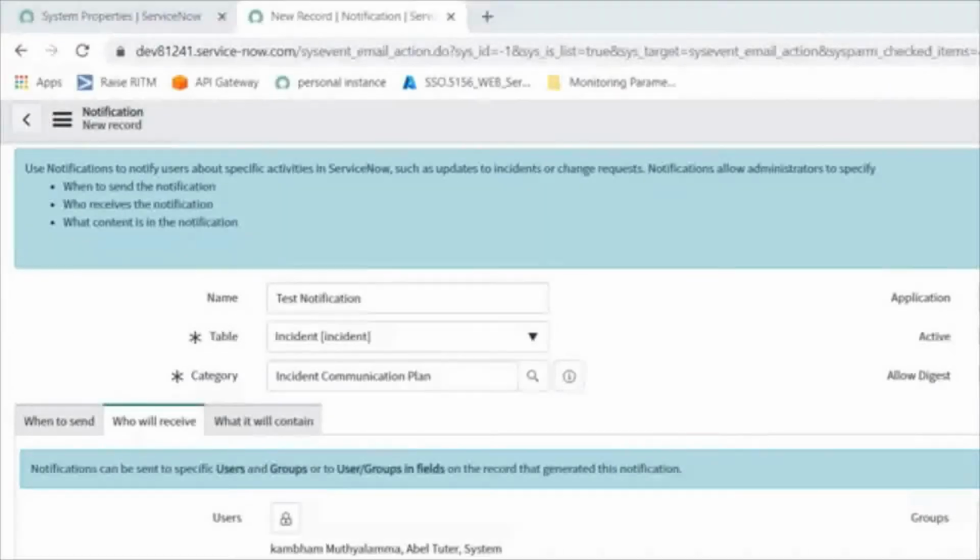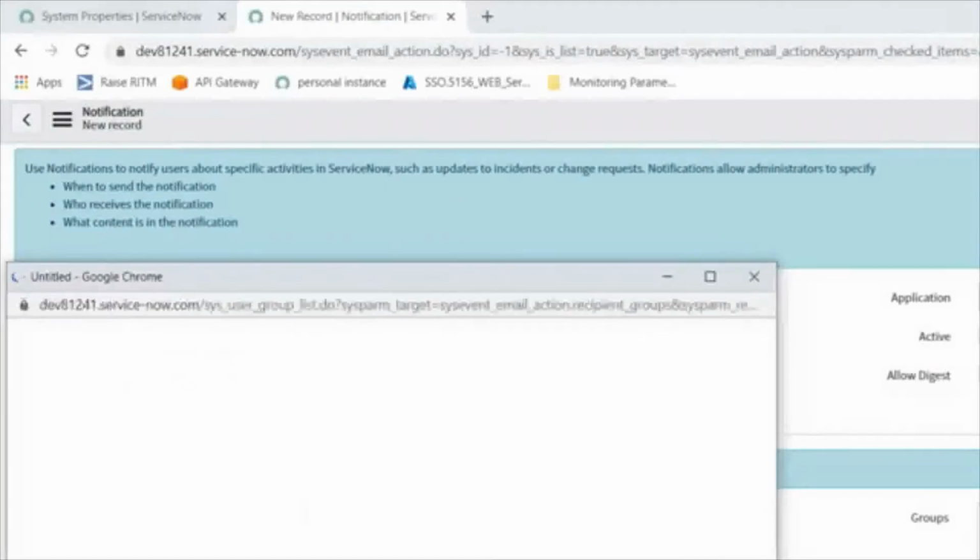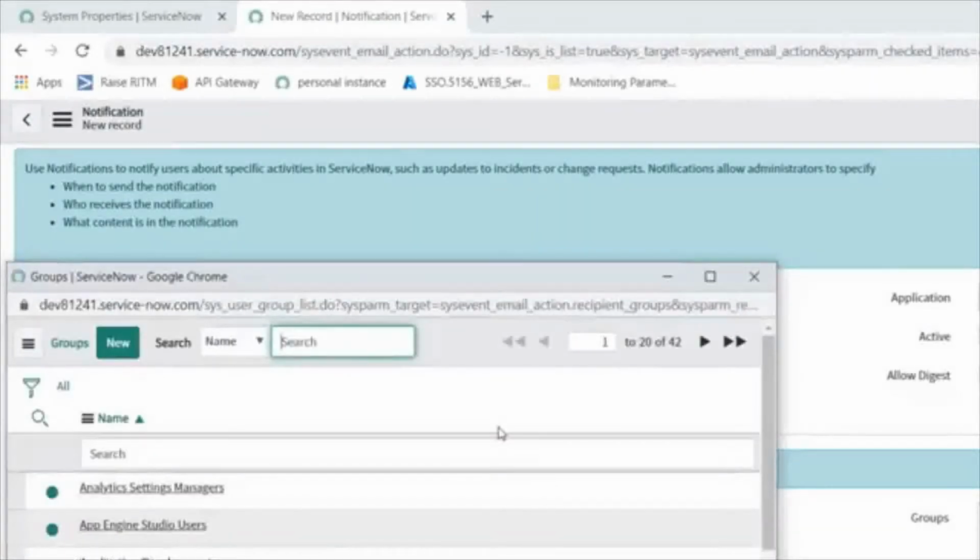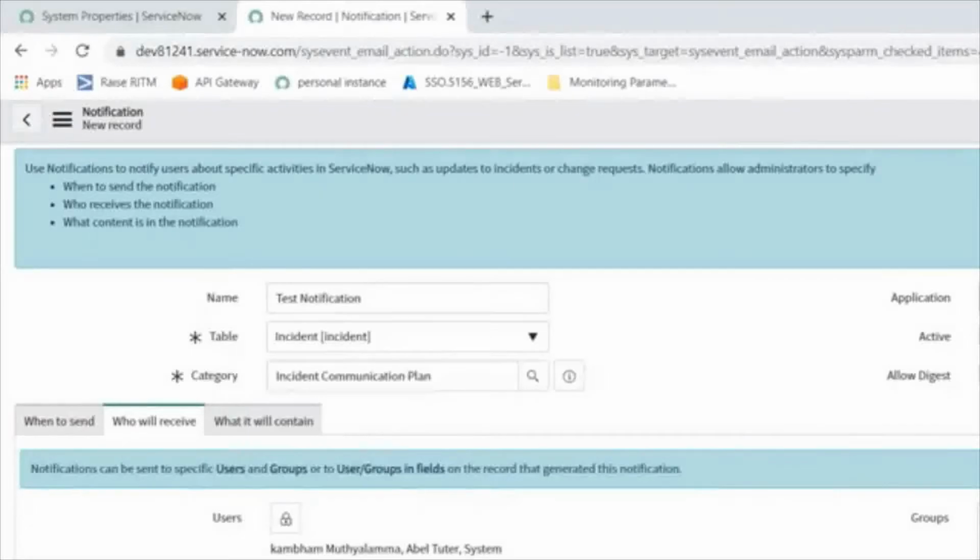Here you can see the groups. Groups are for when I want to send to multiple persons, thousands of members, in one go. At that time we will create one group, and we can add thousands of users to that group. In one go we can mention that group name, and it will send the message to all the intended users, correct? However many members you want to give, that many you can select here, right?